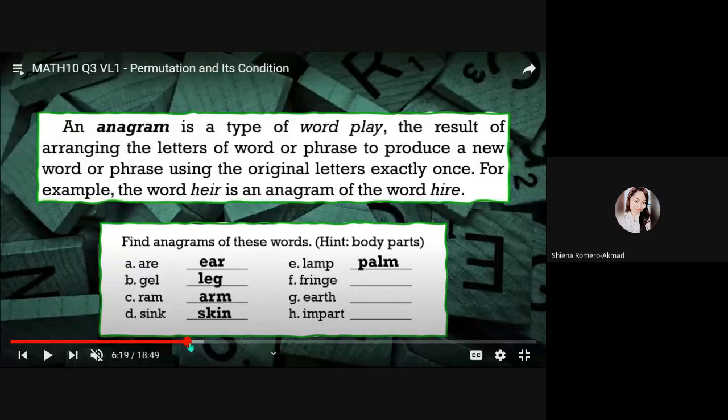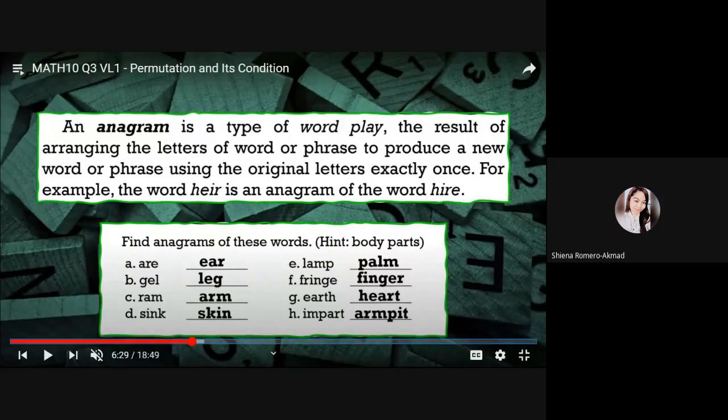Ito na. Nakita nyo na yung answer. So, what's the answer? Sa letter F, we have finger. Sa G, Heart. Sa H, Armpit. So as you can see, arranging or